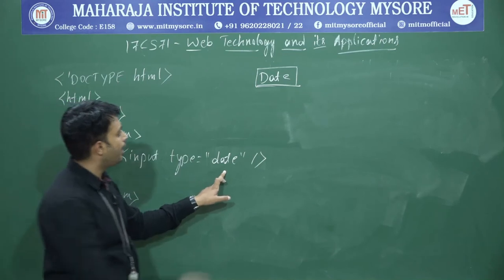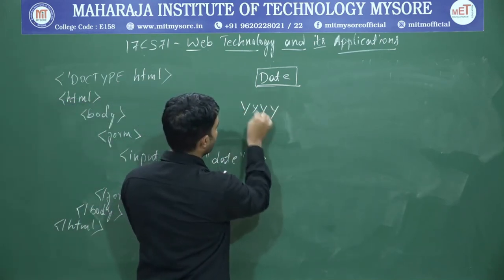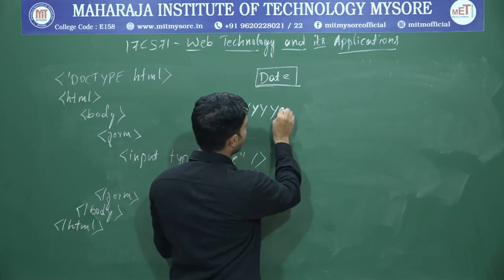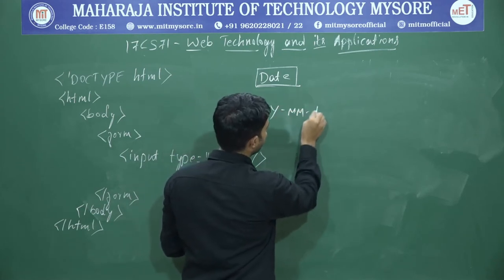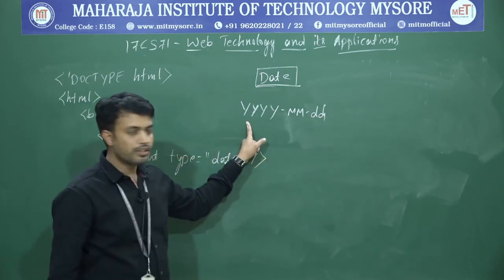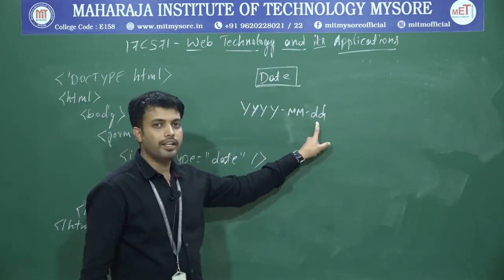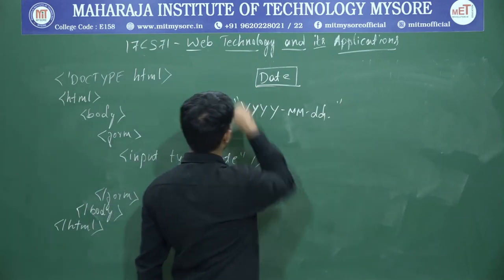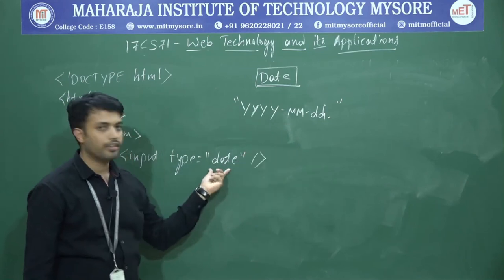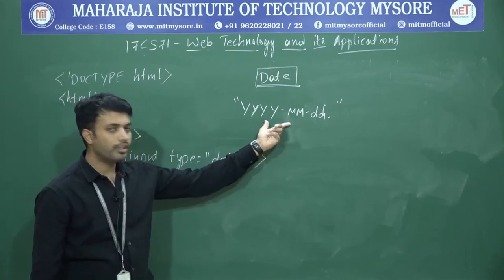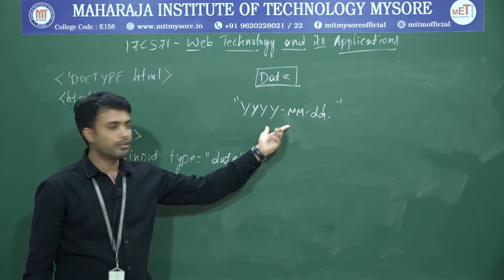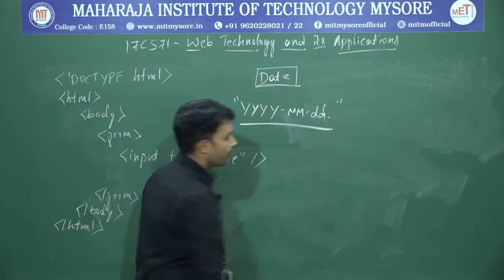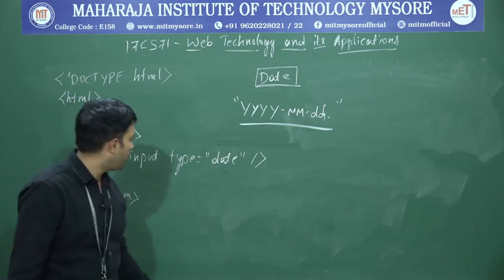So, it automatically prints the date in the form. So, YYYY, hyphen, MM, hyphen, DD. So, year first, month in the middle, and date at the end. This is the format of date, which is built in, by default defined within HTML5. This is the standard format of date which is supported by HTML5. Now if I run this program, you can notice that there is a date input bar, so that we can select any date from that.